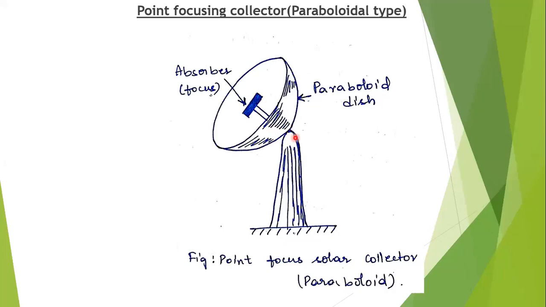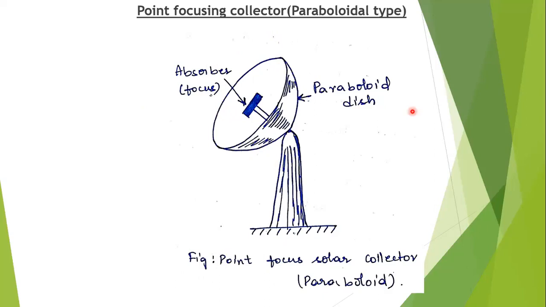We cannot see the pipes here, but we can see the pipe here. From this pipe a connection will be there in the interior, so that the fluid flows into and out of the absorber cavity. One way is going into the absorber and one way is coming out of the absorber. The dish can be made to turn automatically about two axes, up and down and left and right: north-south direction, east-west direction. Both directions we can turn automatically.